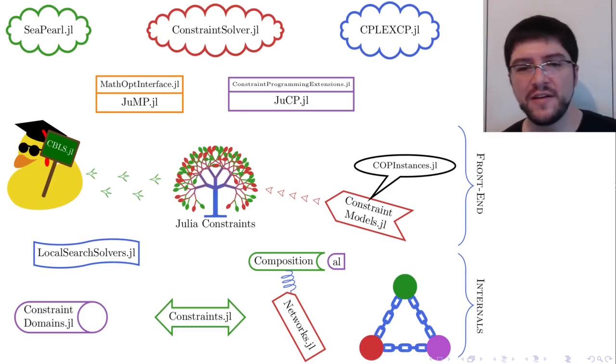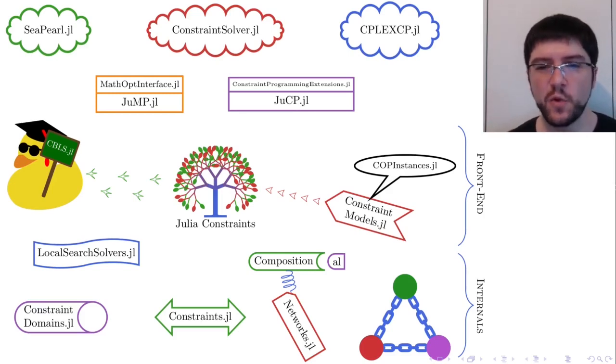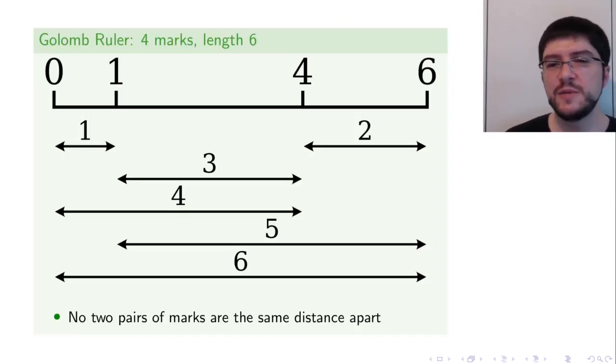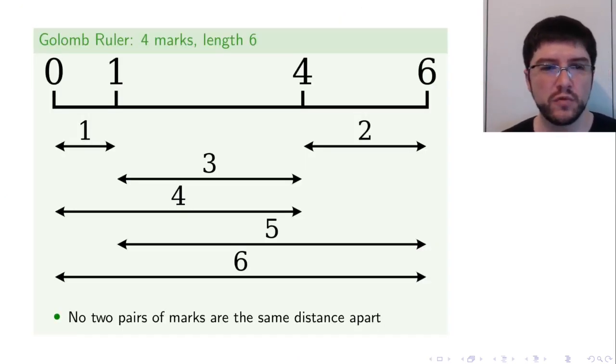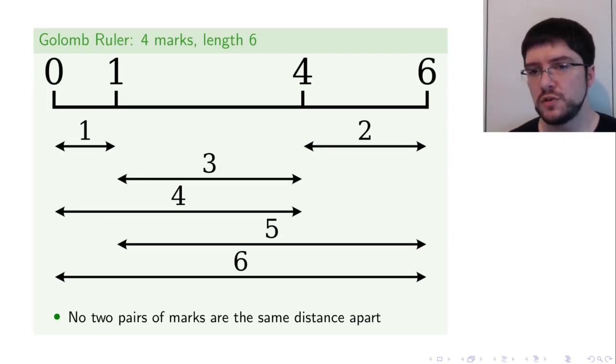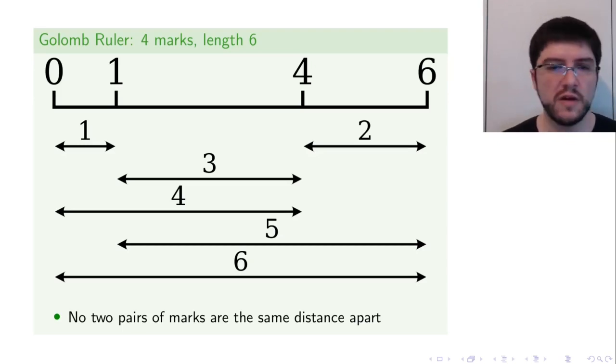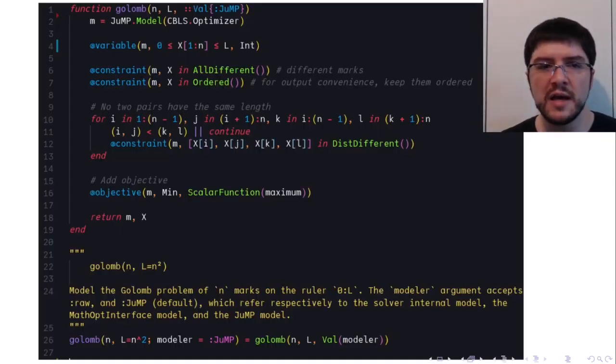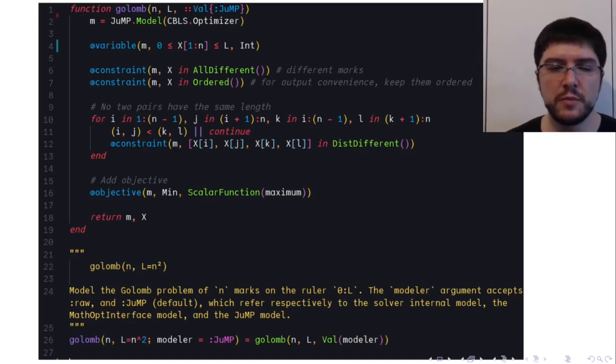Now we do have what we need for making constraint programming models. Let me show you an example with Golomb ruler. So we have a ruler of length 6 here, and we want to put 4 marks here, such that no two pairs of marks are the same distance apart. So here we have a solution to that problem, and when we want to model it with JuMP and CBLS,